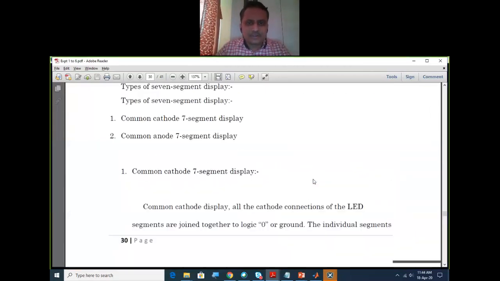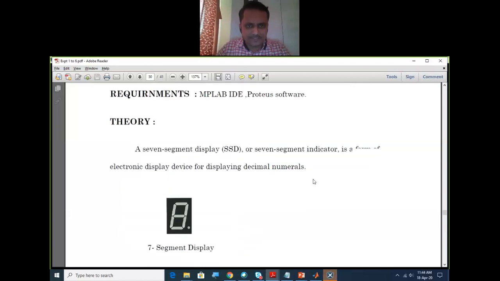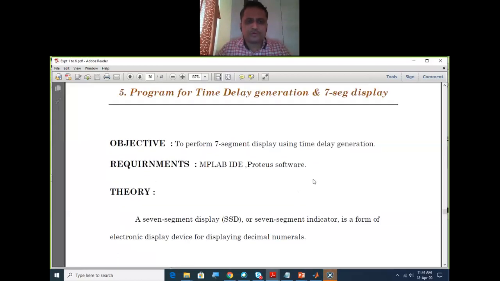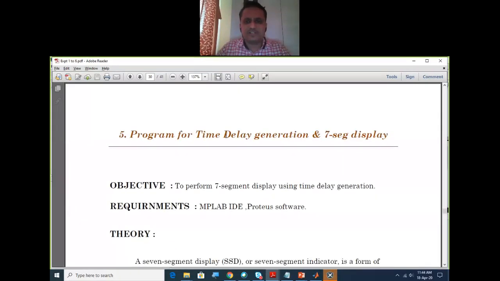So there are basically two types of 7-segment displays. The first program we are discussing is where we will use a timer as a counter. Basically this experiment is designed so that whatever count is available in the timer register, we will display it on the 7-segment display.